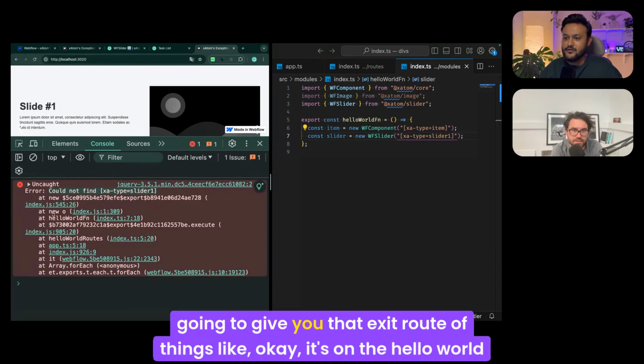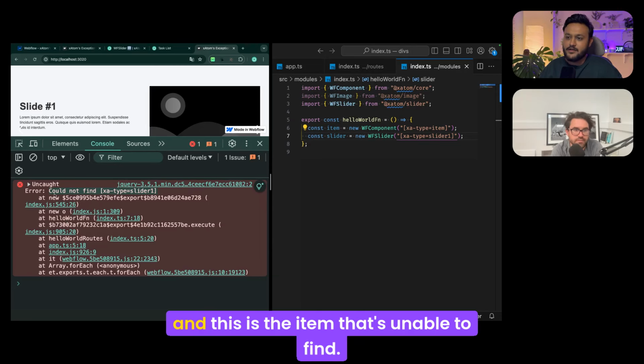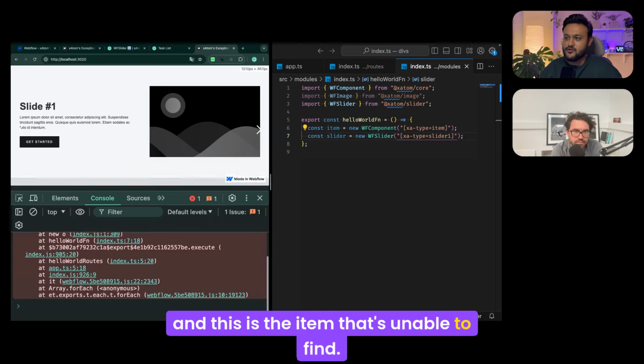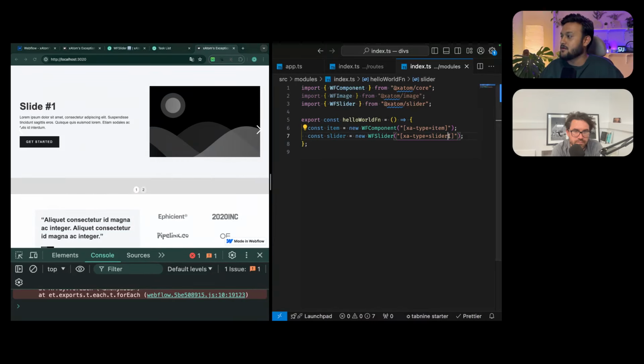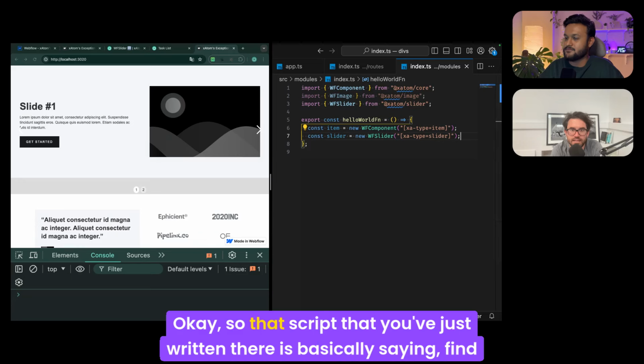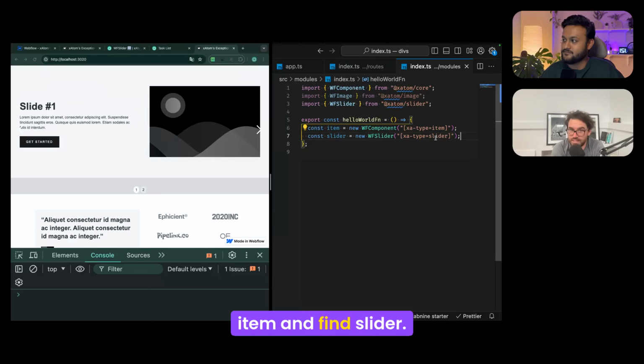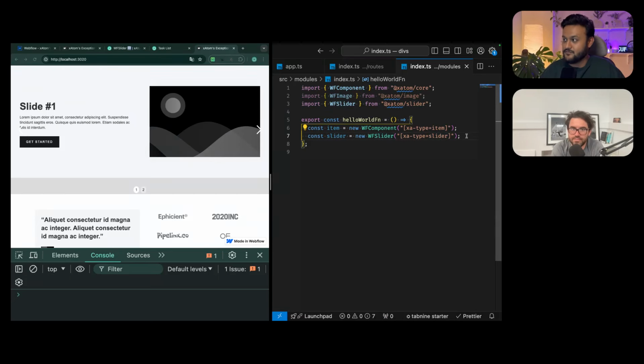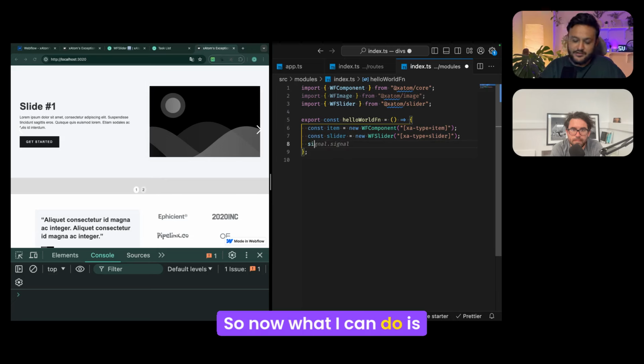It's going to give you the exit route of things, like, okay, it's on the hello world, and this is the item that's unable to find. So that script that you've just written there is basically saying find item and find slider. Exactly. So now what I can do is